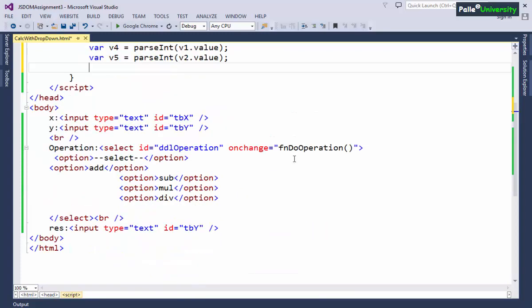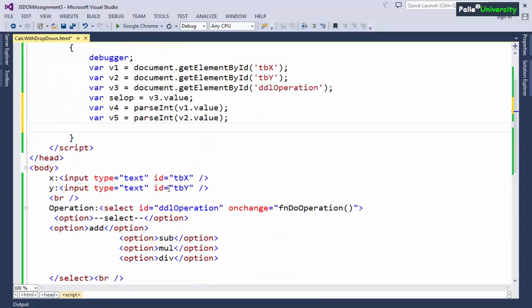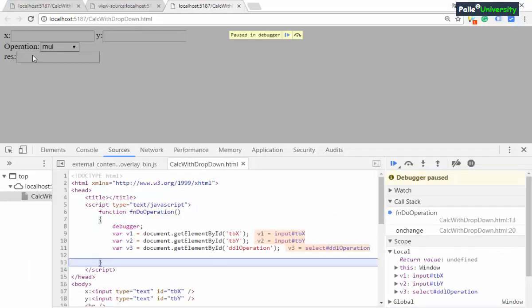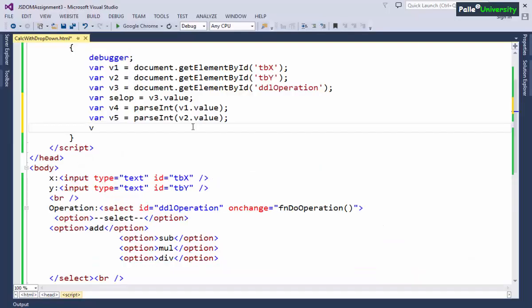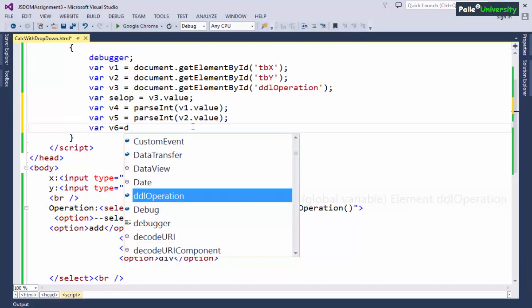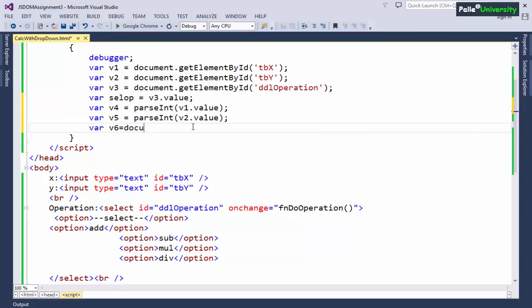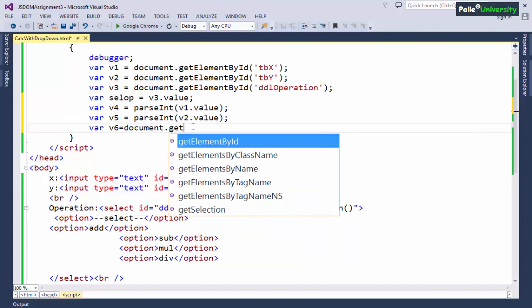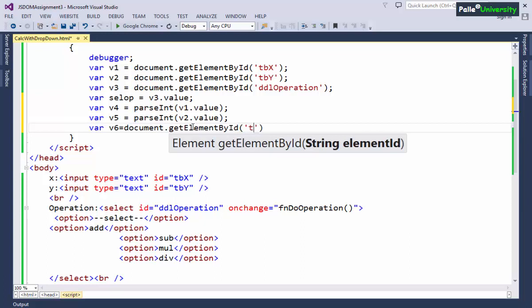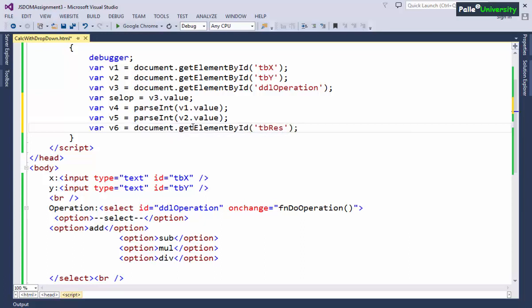Now we have to get the object reference of this result text box also. Why? Because we need to display the data finally into this result text box only. So we need to get the DOM reference where V6 is equals to document dot getElementById tbResult.